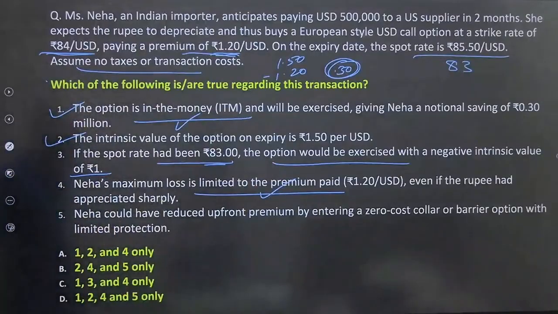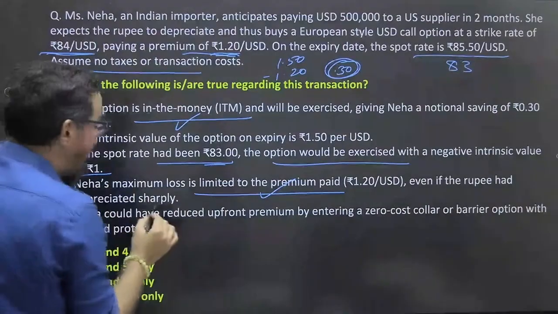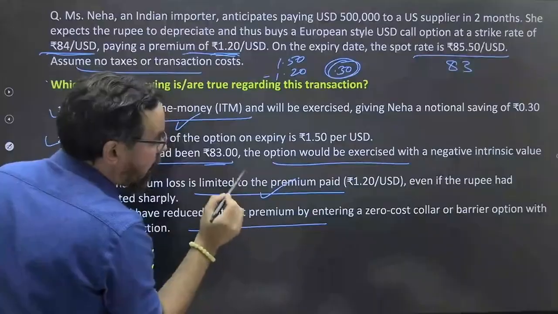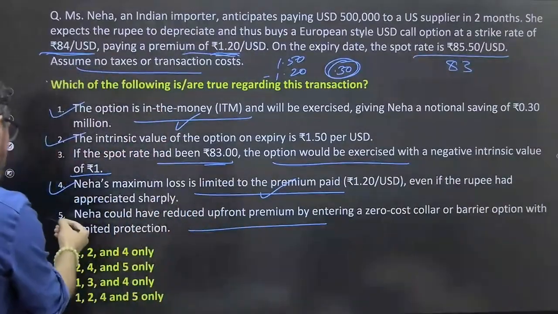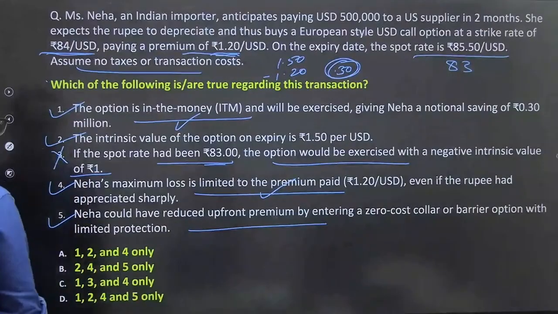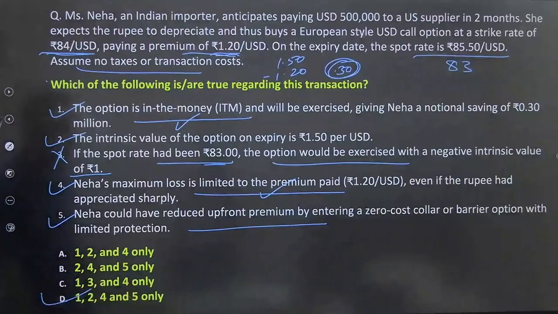Even if the rupee had appreciated sharply in that particular case, it is 100% true, ठीक है। Neha could have reduced upfront premium by entering a zero cost collar or barrier options with limited protection, true, ठीक है। So this is wrong, 1 2 4 5, ठीक है। D must be the right answer for this very nice question,